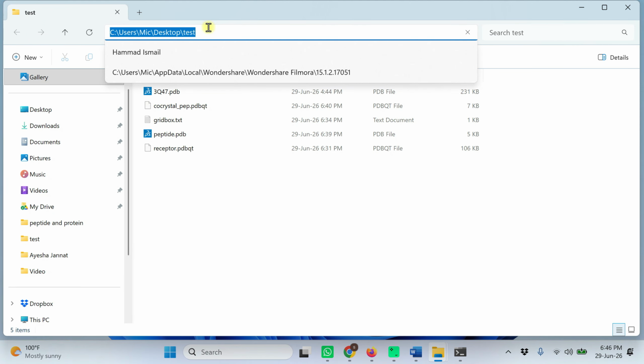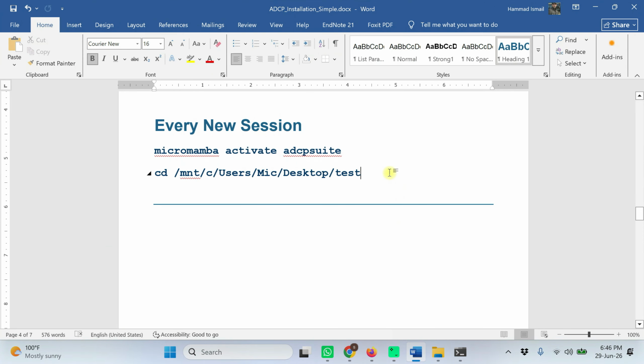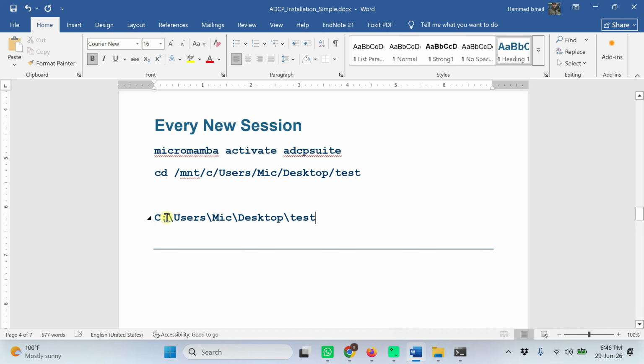The second command you need to modify. This is my test folder. Copy this path from here. Make your own command. Everyone must have a different command. Replace all the backward slashes with forward slashes. Replace the colon, and the capital C, make it small, and before it type cd space /mnt/.